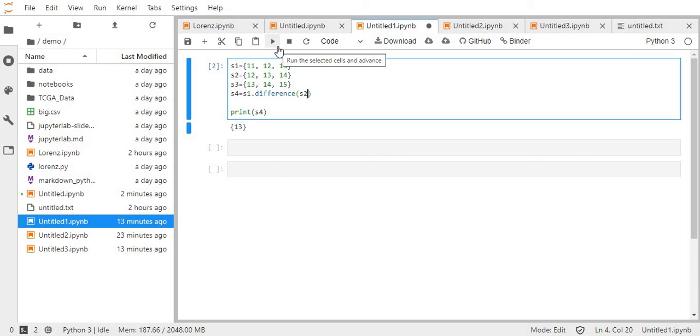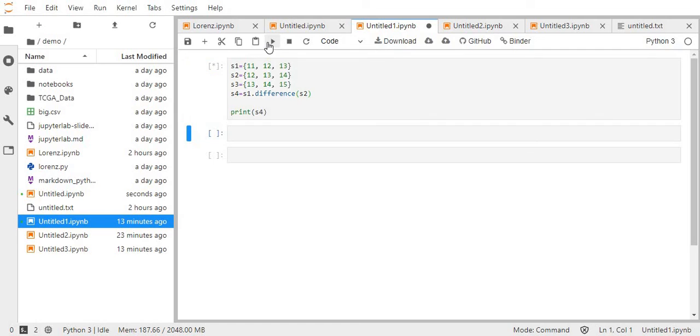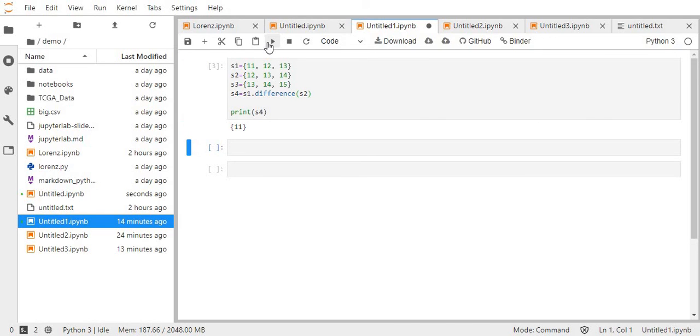Most likely we are going to get an 11 for this, since 11 is in S1 and not in S2. If I execute this, we can see that we did get an 11.